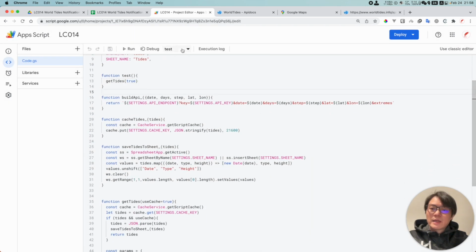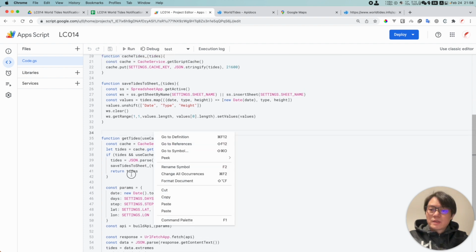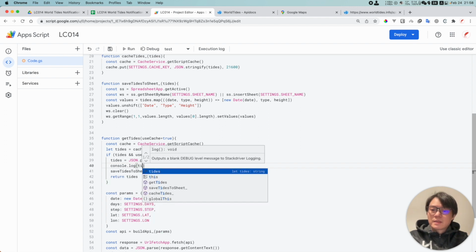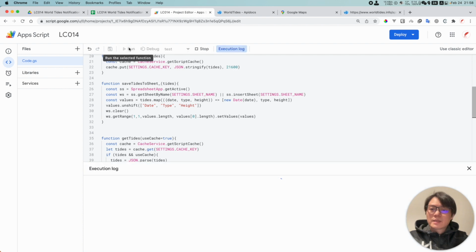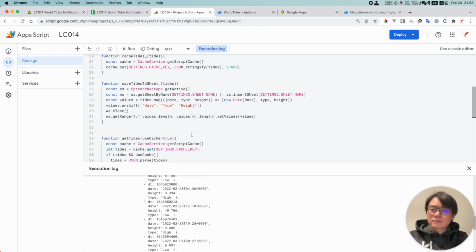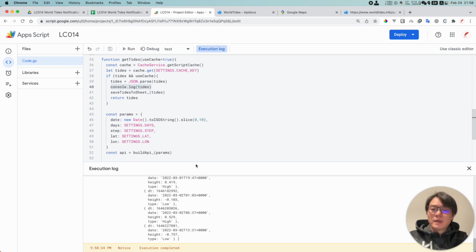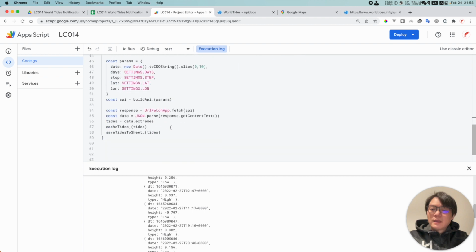So right now, if I try to run this function again, I'm using the data from the cache. To verify it, to make sure this data is from the cache, I'd like to console.log this title is here. All right, so make sure I'm using the data in the cache. So let's try to test it. As you can see, the data is not from the API, it's from the cache, and we got the data. And the new date,